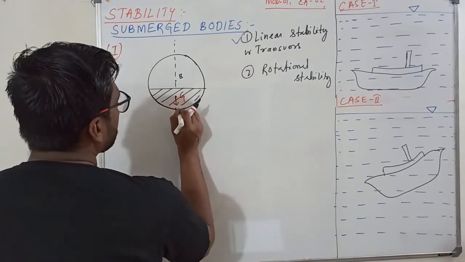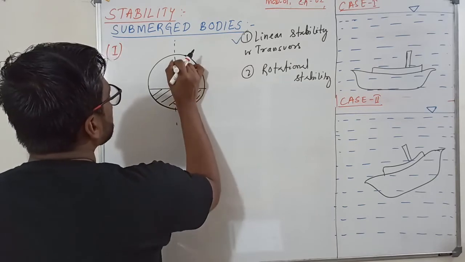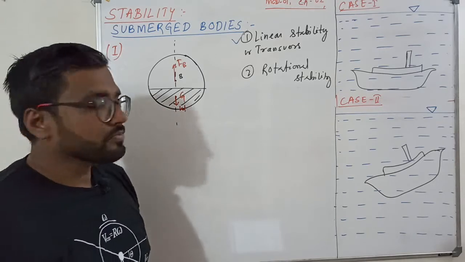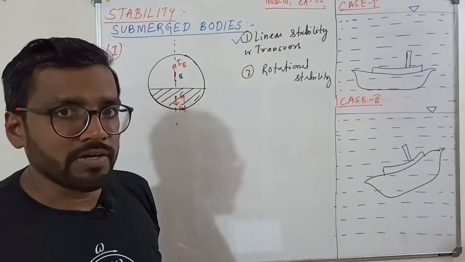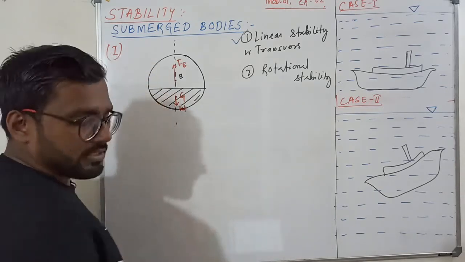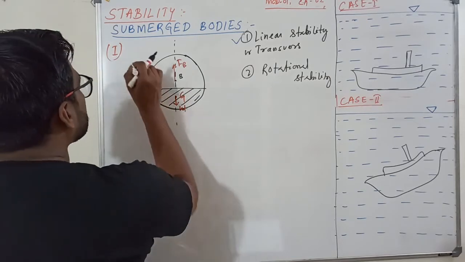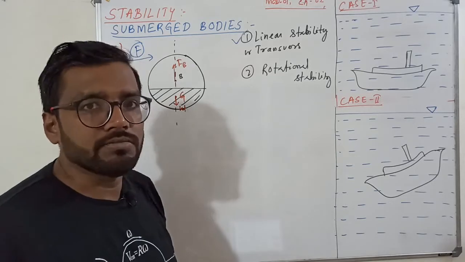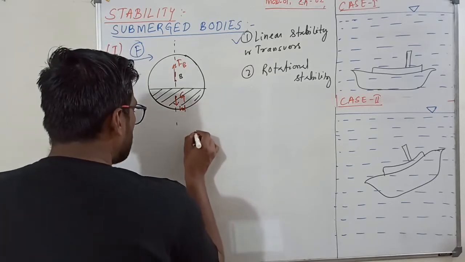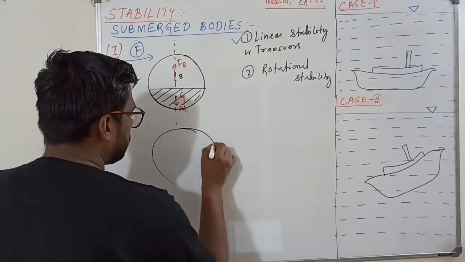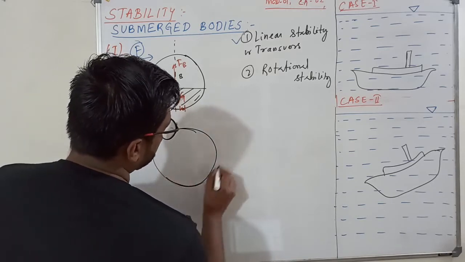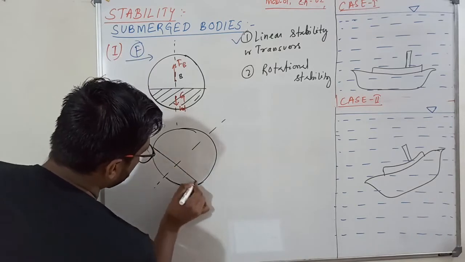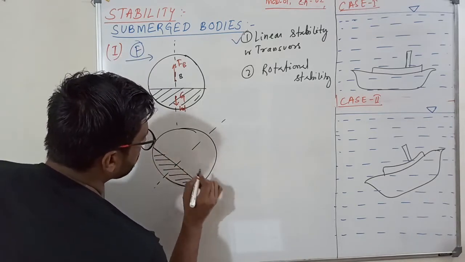Now here the weight acts vertically downward and the force of buoyancy acts vertically upward. We are trying to study rotational stability. Now what I have done, I have applied some force here. I tried to disturb it by applying some force. So what will happen? Sir, now the body will tilt. So this has tilted like this, and this is how your mass has now concentrated.